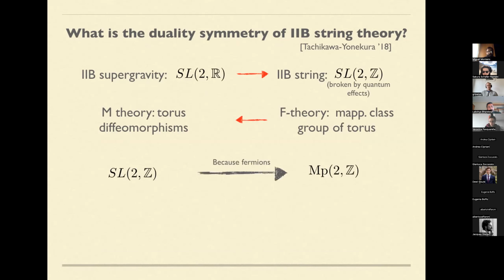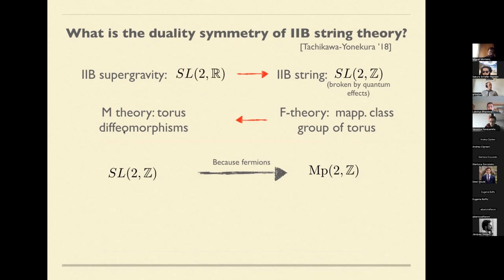Okay, and this mapping class group has transformations like rotating the torus by 180 degrees or 90 degrees, things that on bosons, like rotation by 180 degrees for bosons, squares to 1, but for fermions squares to -1. And so that means that if you include the action on fermions, the actual duality group of type 2B gets enlarged by fermion number to something called the metaplectic group. But even this is not the end of the story,